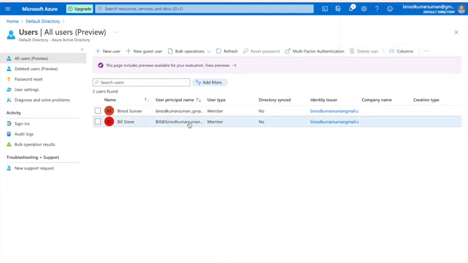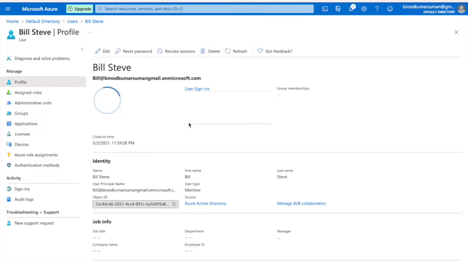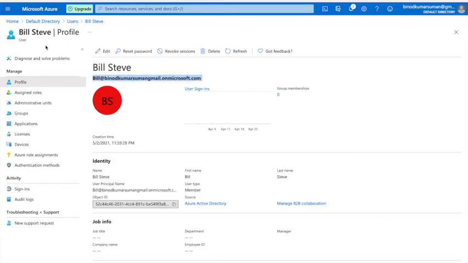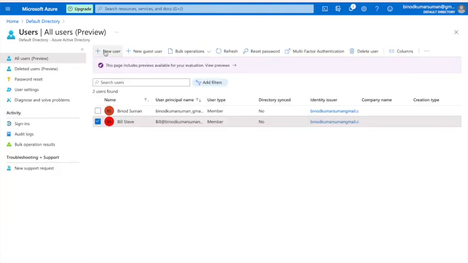So if you go here, this is the complete username. When you log in to Azure, you have to use this. I'm just keeping it here, so it will be easy for me to do all the demo. Let me create another user. I will create three users.